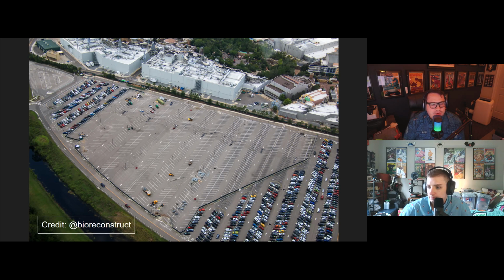Those of you that don't know, Hollywood Studios' parking lot is a lot larger than it looks, because you have the main two areas that you would park in as a guest. When you first drive in, it'd be that first section on your right or the first section on your left. Those are the two that they'll usually fill up first, and there's a massive amount of parking there. And then all the way over